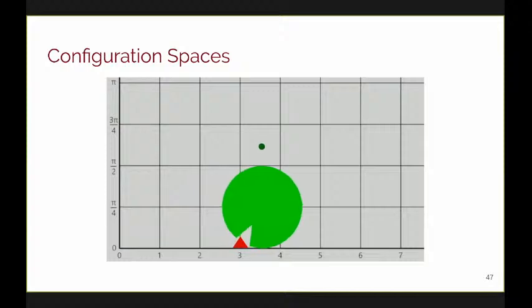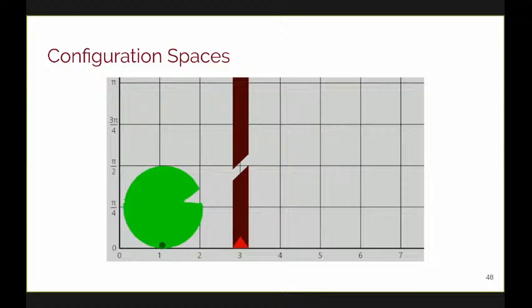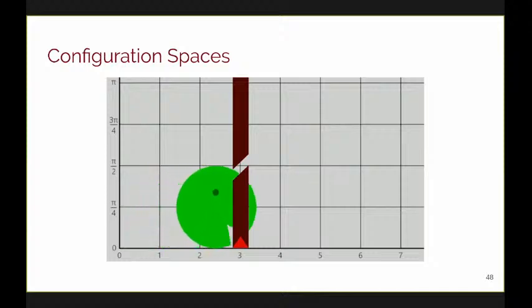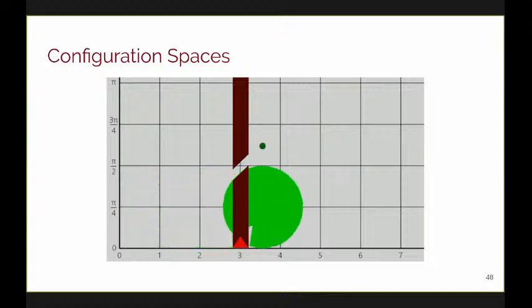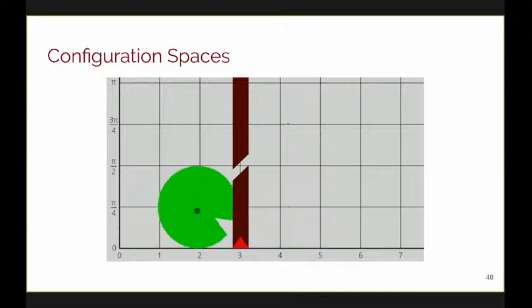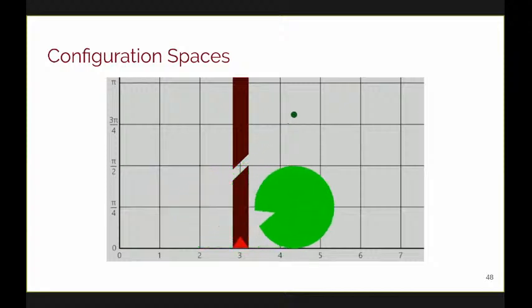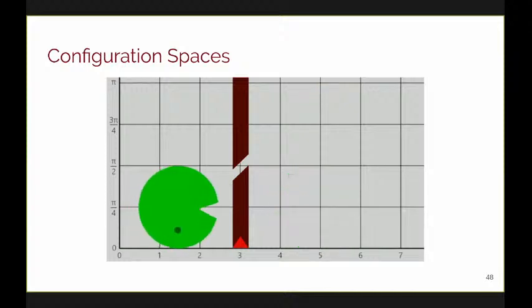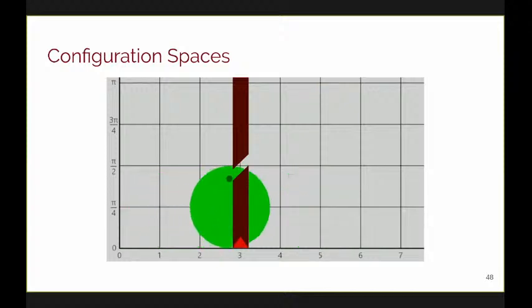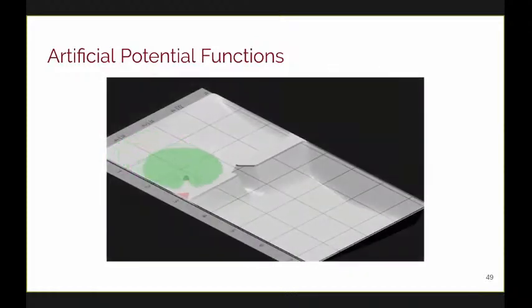The neat thing about configuration spaces is that we can also model regions within this configuration space that would result in a collision. And so you can see here, there's a narrow passageway that this configuration needs to go through in order to successfully get the entity from the left side to the right side. And if we use this configuration space as the range of an artificial potential function, we can then use gradient descent to determine the best way to move through the configuration space in order to achieve our goal.